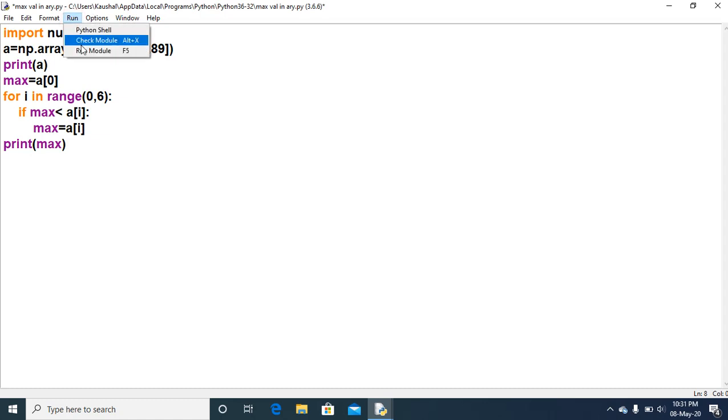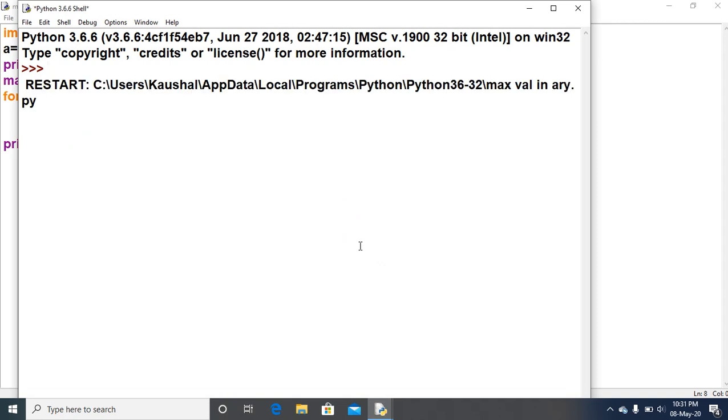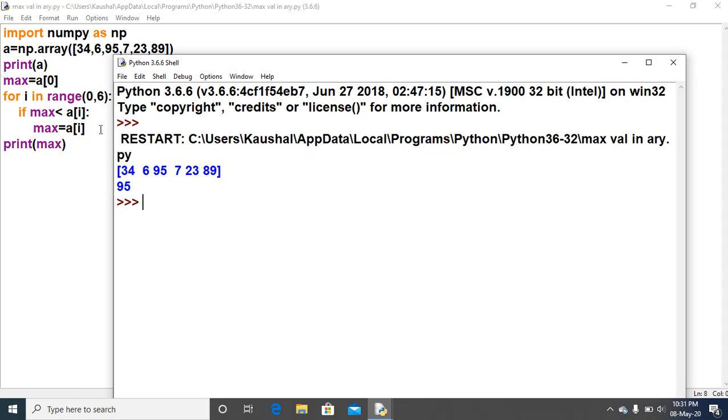So here you can see the output. These 34, 6, 95, 7, 23 are the elements of this A, which is the 1D array, and I have written the program to find the maximum, and out of these elements the value 95 is the maximum one.